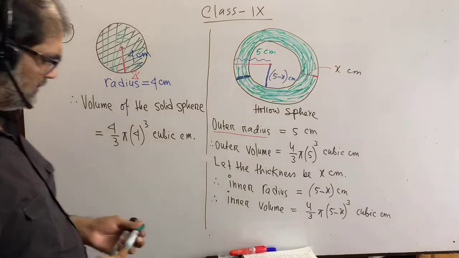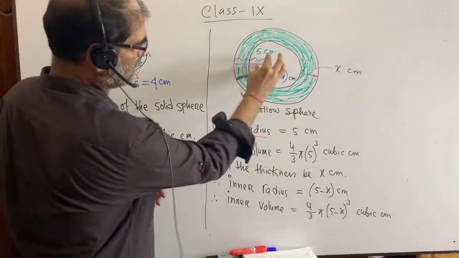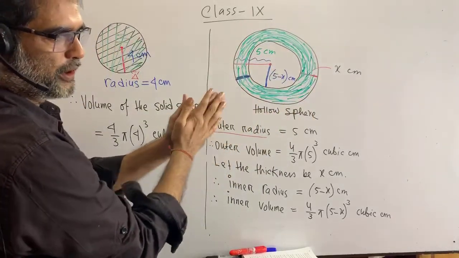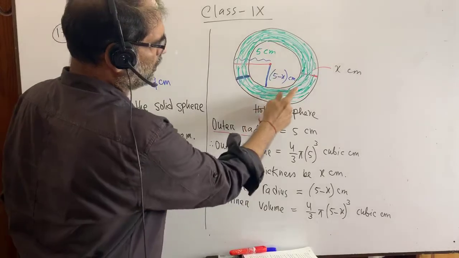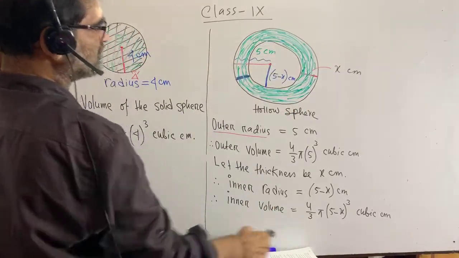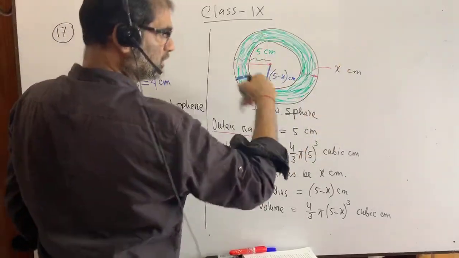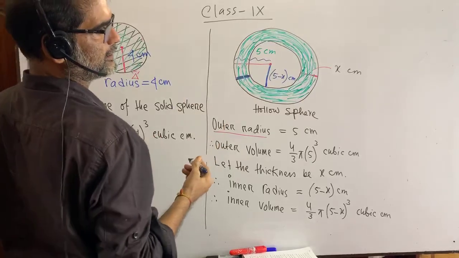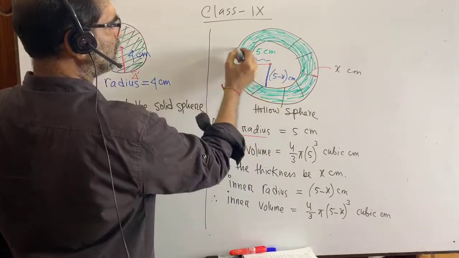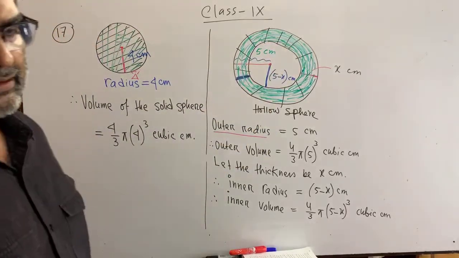Can you please tell me, if we subtract the inner volume from the outer volume, we will get the volume of only this part, right? I repeat, if we subtract the inner volume from the outer volume, then we will get the volume of this part. The volume of this part can be obtained by